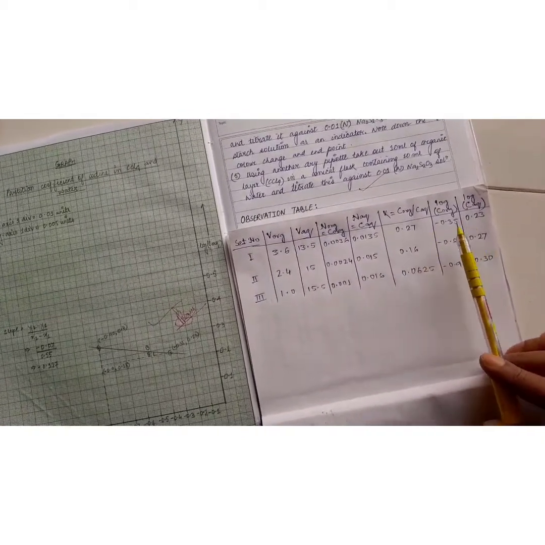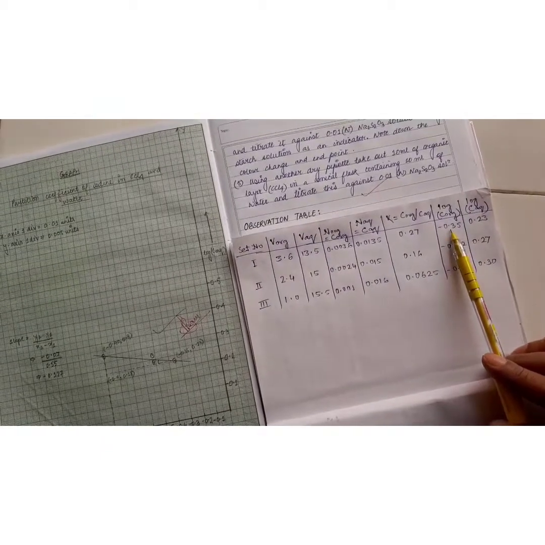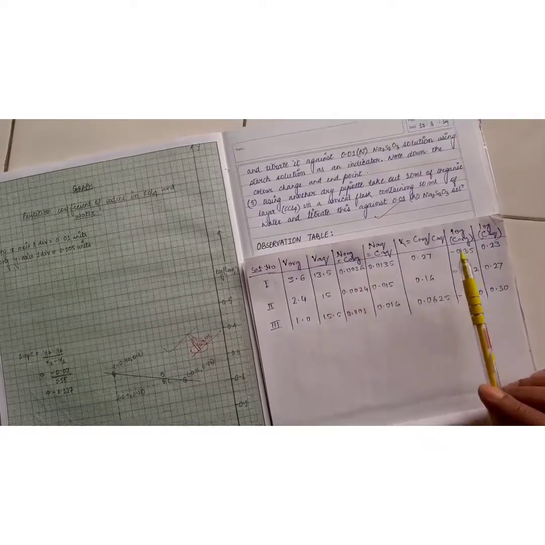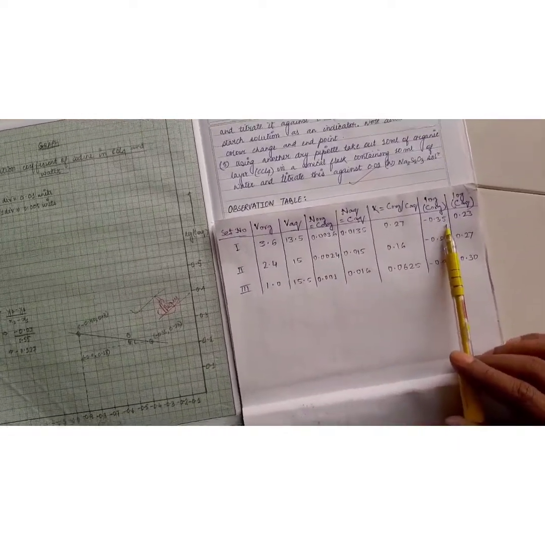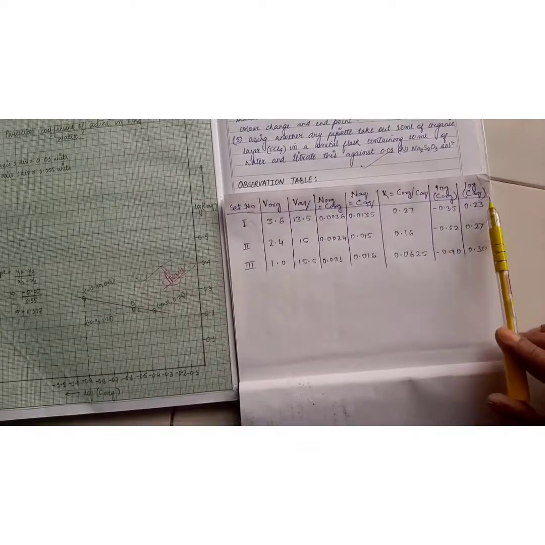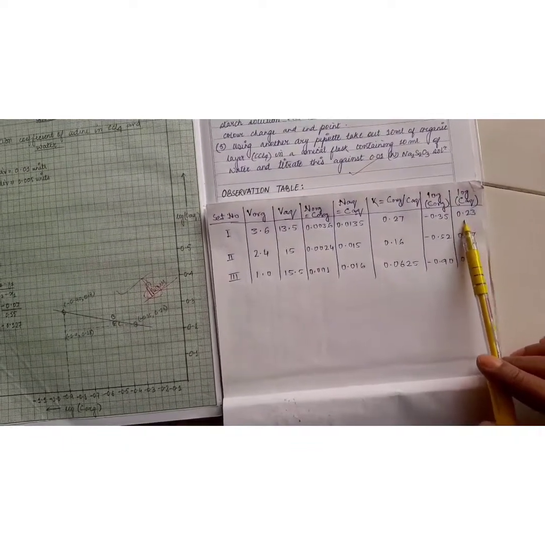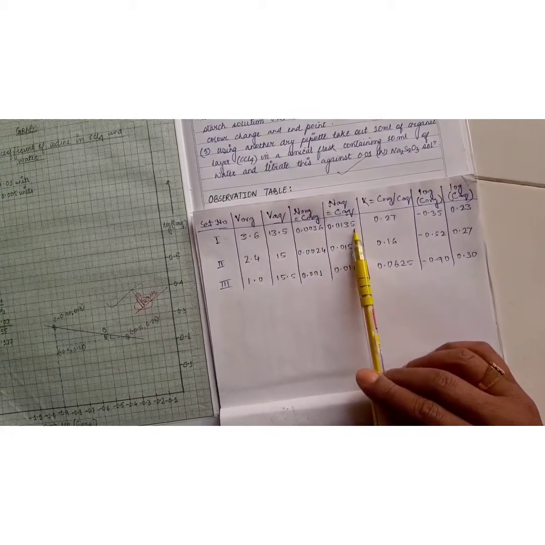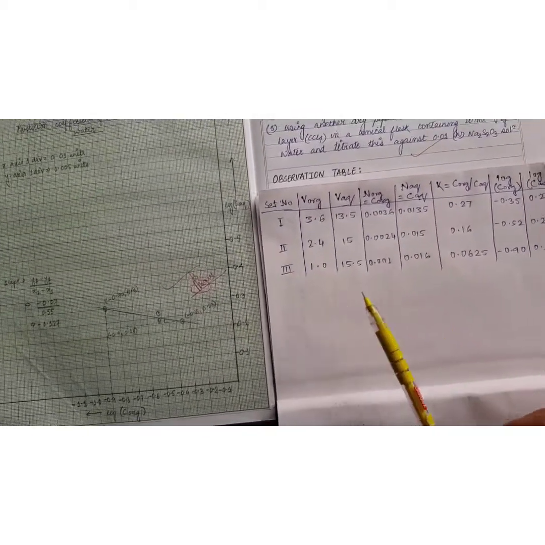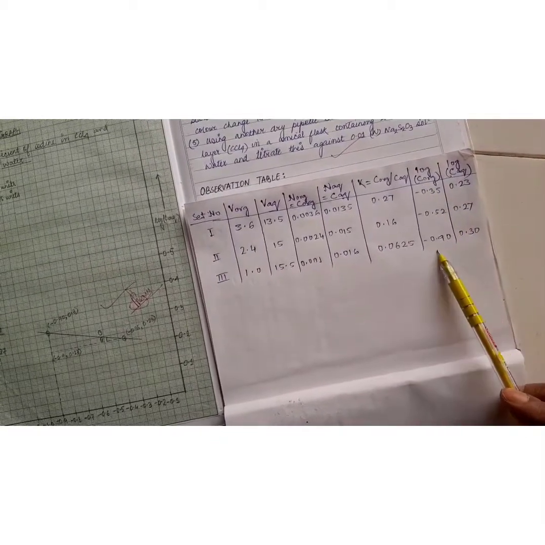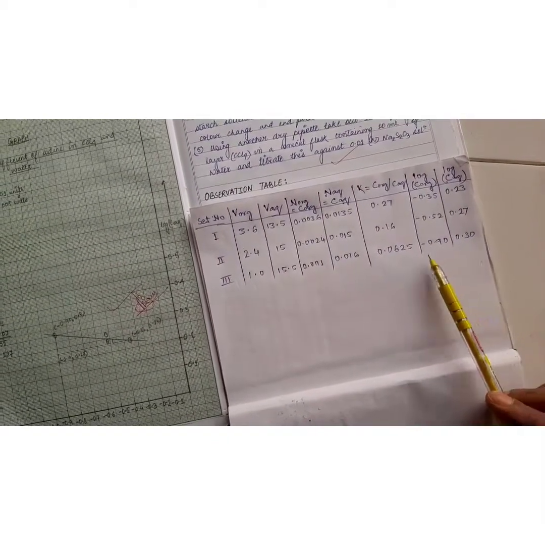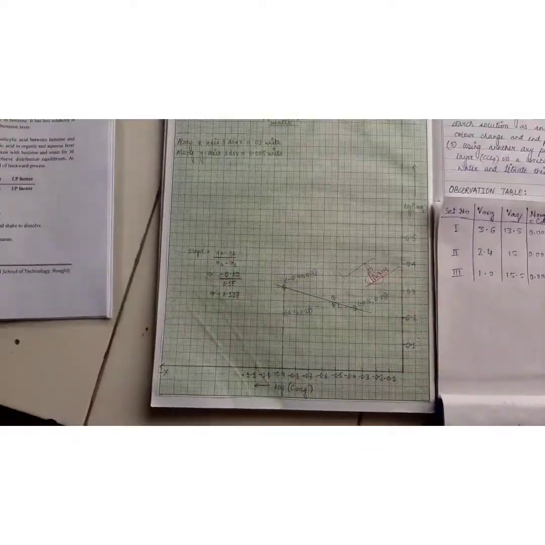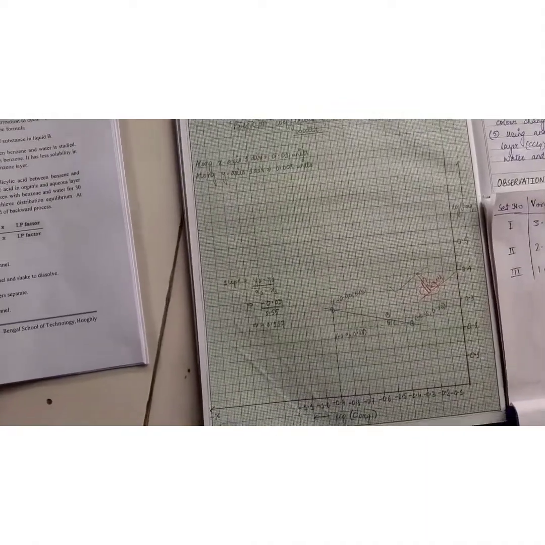After that you have to take the log value of C organic, that means the log value of 0.0036. You will get the value minus 0.35. And this is the log value of C aqueous, that means 0.23 you will get by taking log of 0.0135. In the same way, in set 2 and set 3 you have to calculate log C organic and log C aqueous. Now why is this log value required? For drawing the graph.